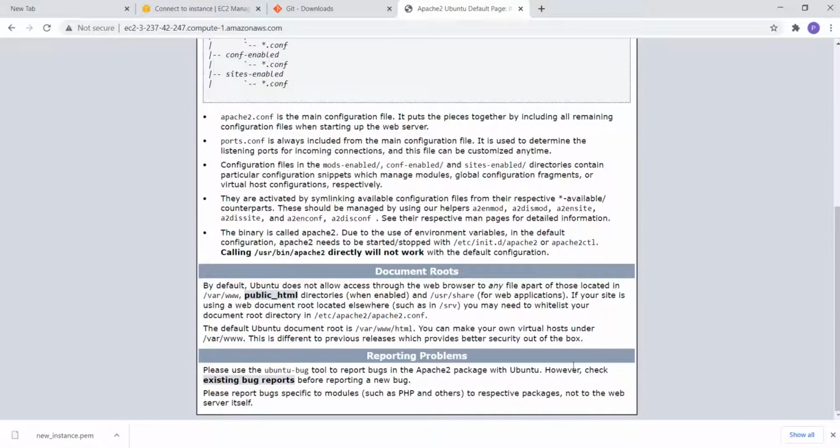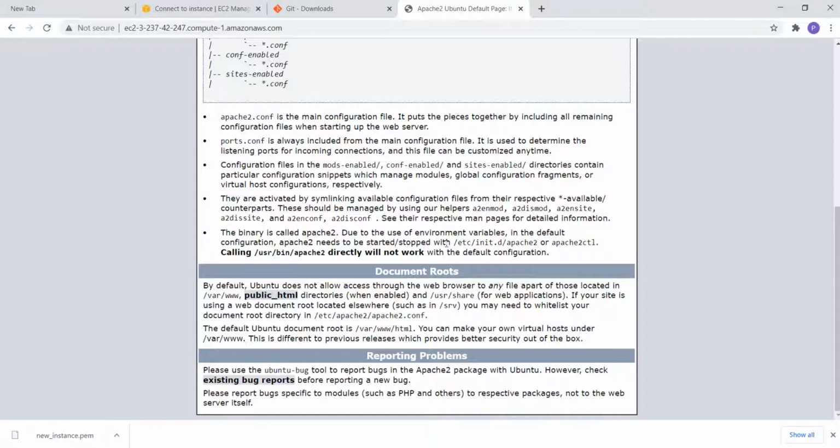And your virtual host is under /var/www. If you are hosting more than one website, then you need to keep all of these in mind. So this is how we will be installing Apache.